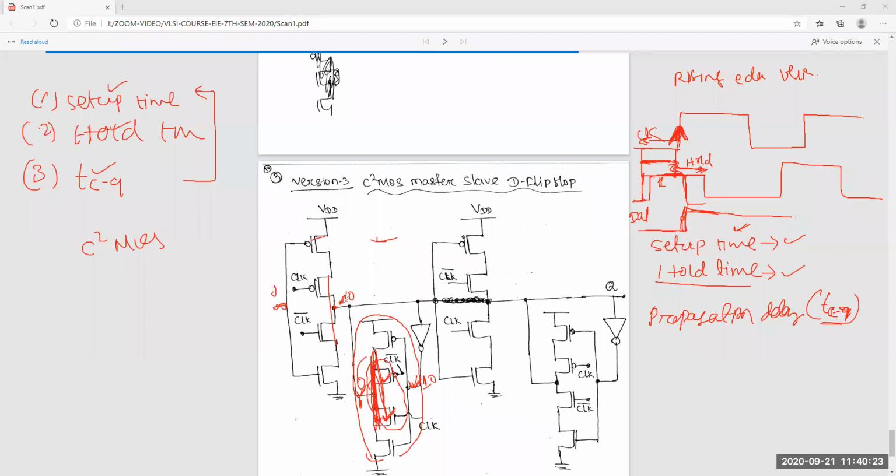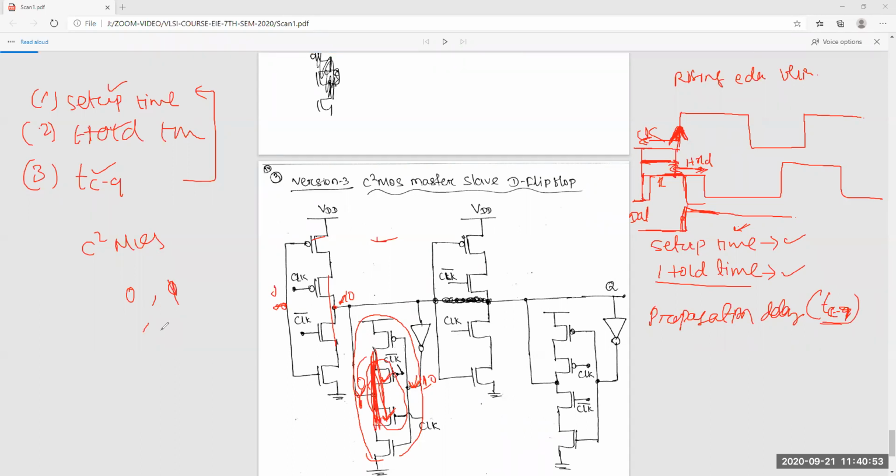Sir, I have a simple doubt. In a tri-state buffer, we have three states: 0, 1, and Z, the high impedance state. 0 and 1 depend upon this input.